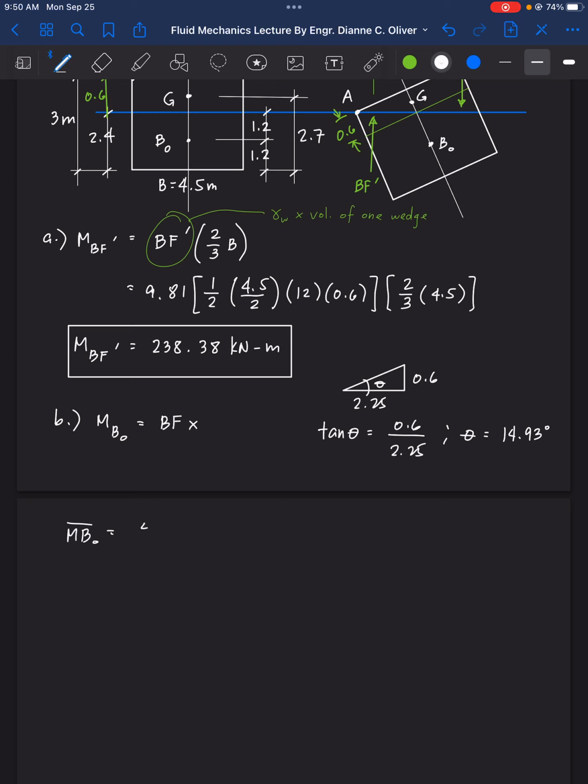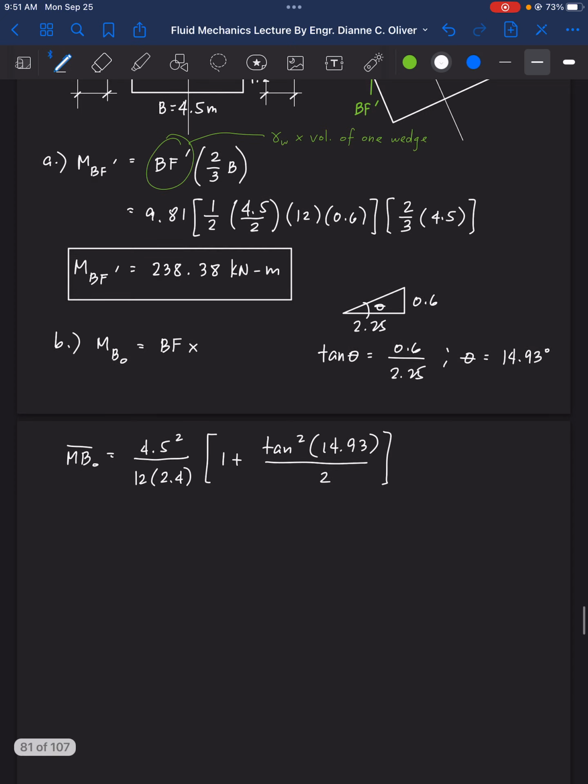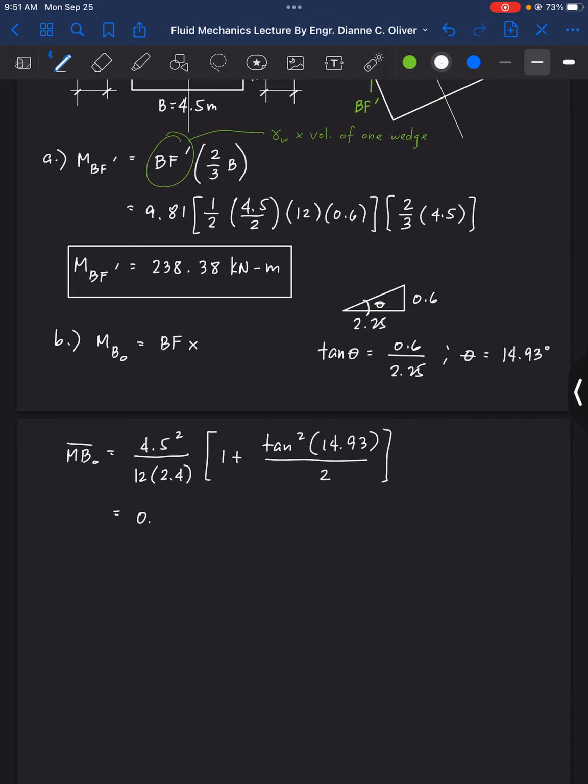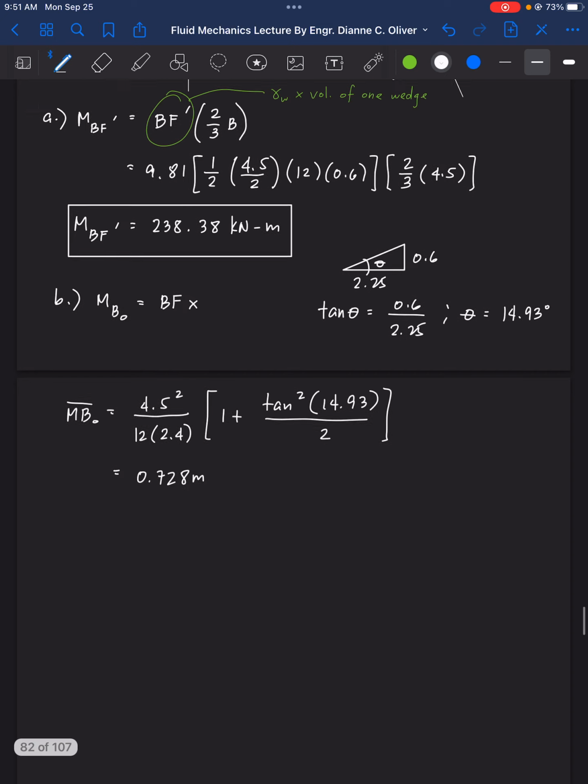MBO is equal to the base squared, 4.5 squared, over 12 times the draft, being 2.4, times 1 plus tangent squared 14.93 divided by 2. So MBO is equal to 4.5 squared over 12 times 2.4, times 1 plus tangent 14.93 squared over 2, so 0.728. Now let's check